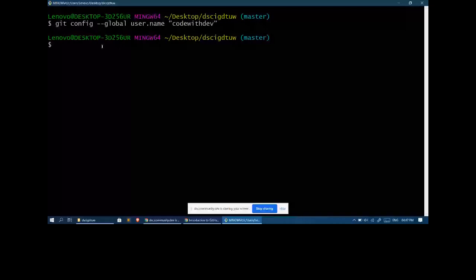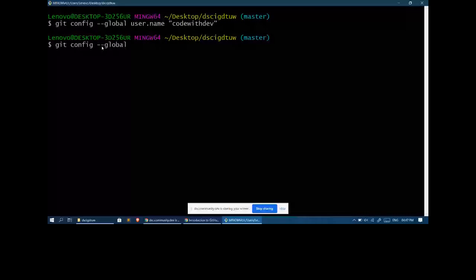Whenever you are working with a team on a particular application, you are actually separating your work, so others can see who has committed the file. The commits will be associated with your name and your email, along with the timestamp. All right. So the next thing will be git config